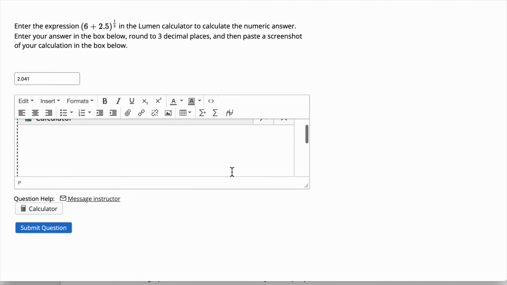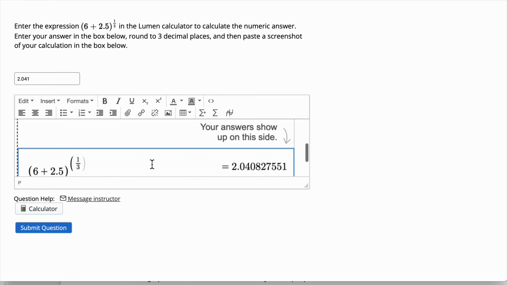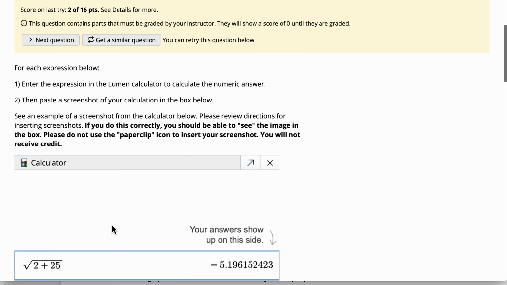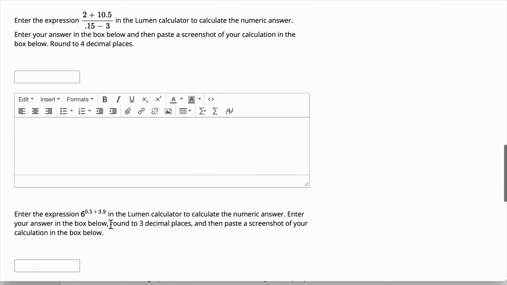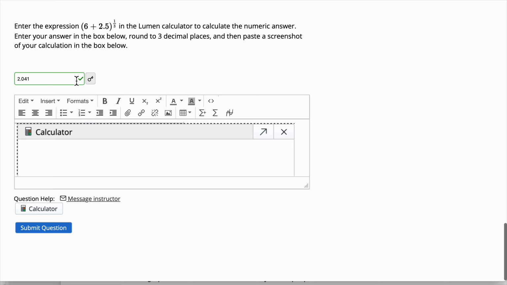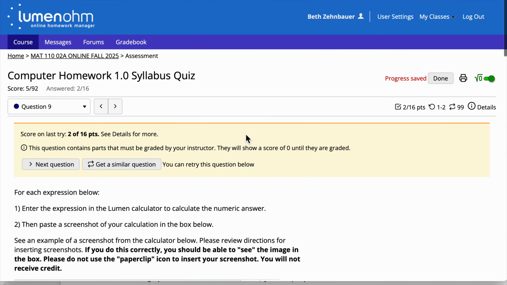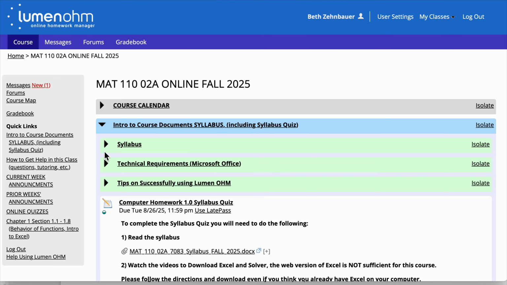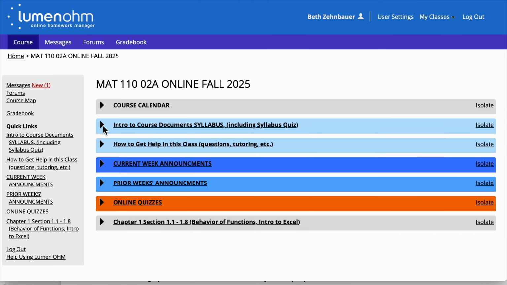So again, just make sure that when you're asked to put a screenshot that I can actually see it in the box there. And then if I hit submit, it tells me, it has that green box around telling me I got the answer correct. I can also click on the answer key there. All right, so let me go back. The other thing I want to bring your attention to